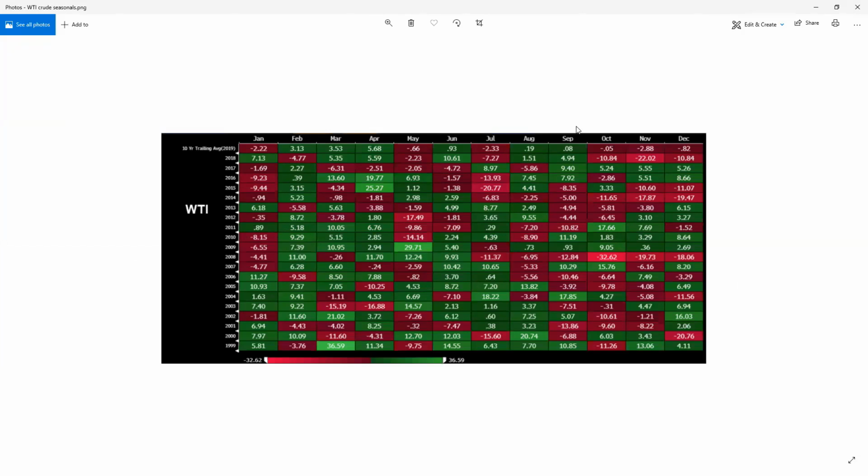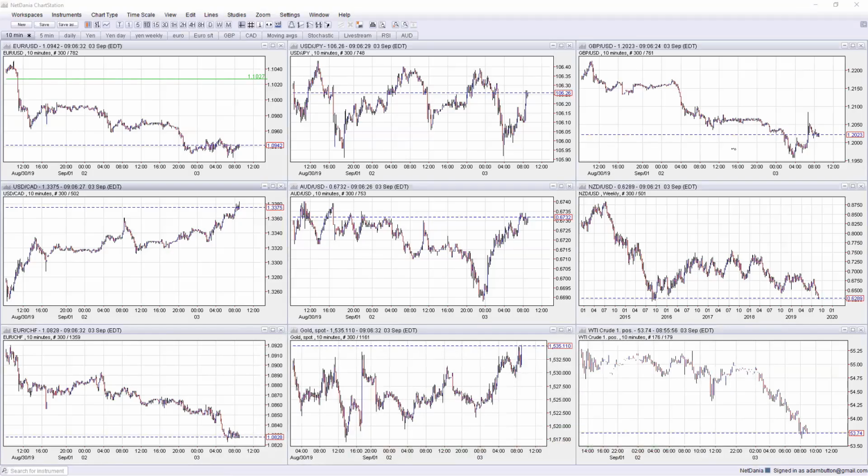So, not necessarily a September trade in and of itself, like a buy-and-forget-about-it or sell-and-forget-about-it trade. But there's some weakness that really creeps in, and you'll see it kick in later in the year. Another one is it's a weak month for stocks. Anyway, when you look at crude on the daily, it's a big descending